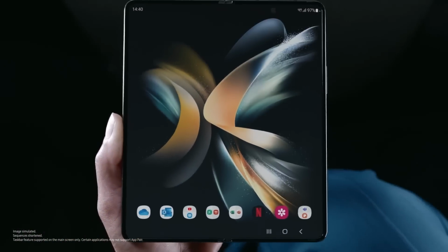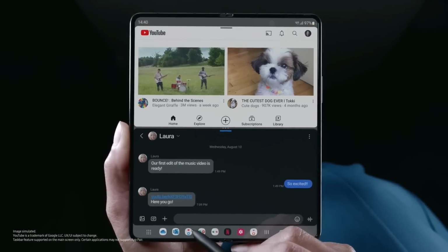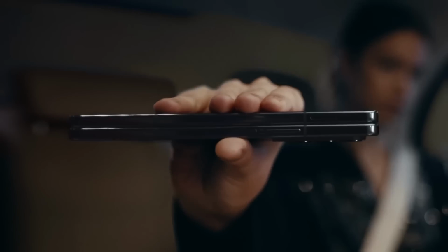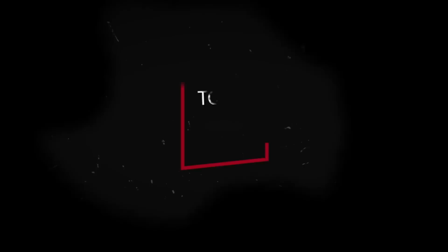The Samsung Galaxy Z Fold 4 is finally here. And yes, it's not perfect. It was more of a small update this year, but there's still some reasons why you should buy it. So this is the top 5 reasons why you should buy the Galaxy Z Fold